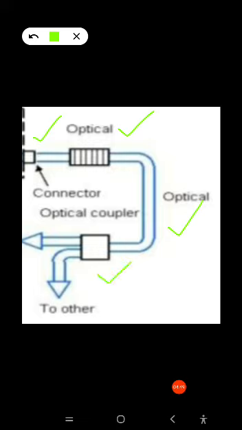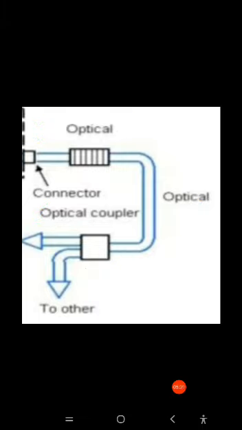The connectors are used for temporary connection of optical fiber. Next, optical splices are used for permanent connection. Next is the optical fiber. Then the optical signal can be given to another equipment by using an optical coupler or beam splitter. Here the signal is given to the regenerator, and this signal is given to another equipment. That is the transmission link.